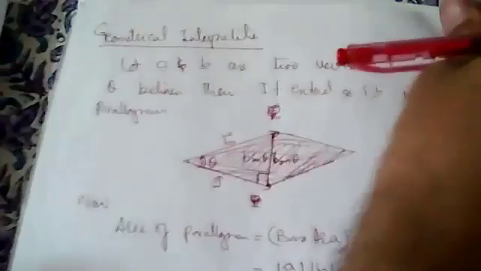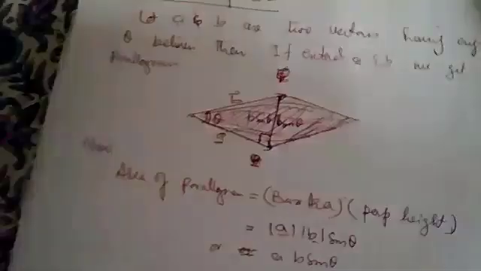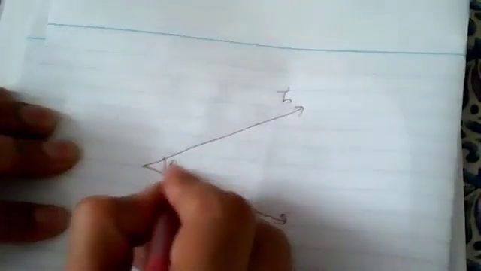Okay. What is the geometrical interpretation of it? What is the geometrical meaning of it? So, a basic topic. You have read this many times. Let's suppose we have two vectors A and B. Suppose this is vector A, this is vector B, this is the angle theta between them.